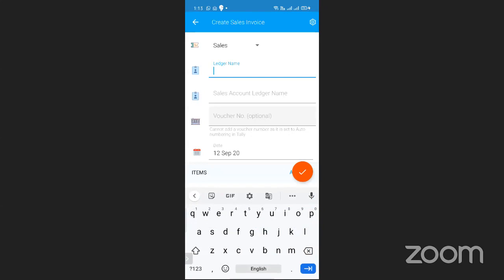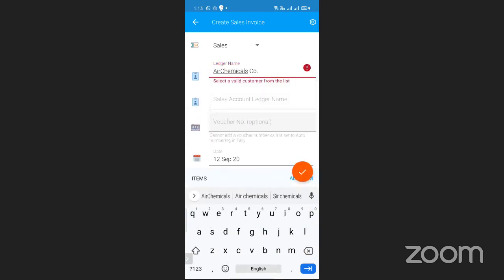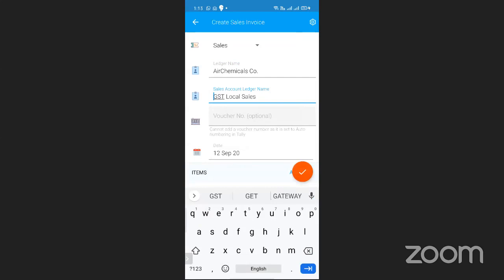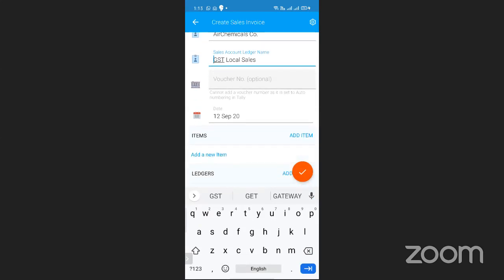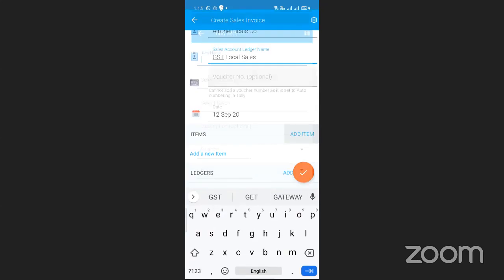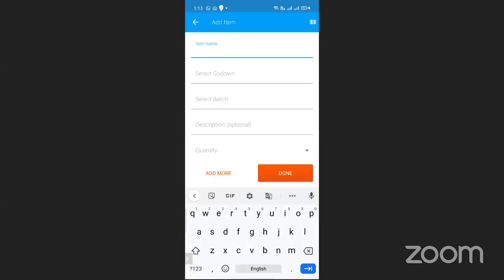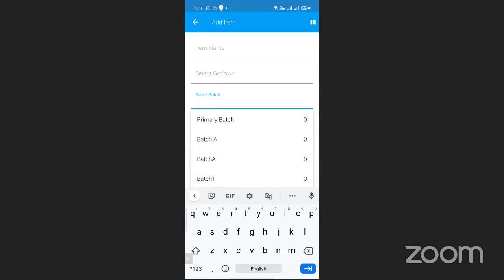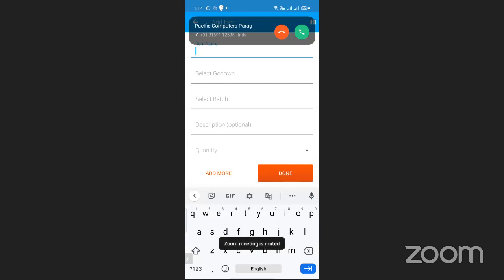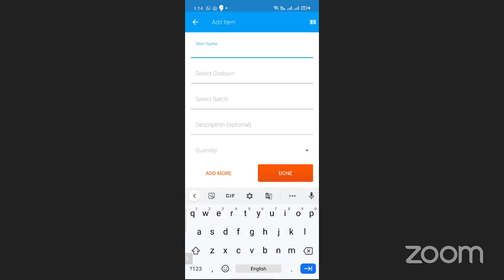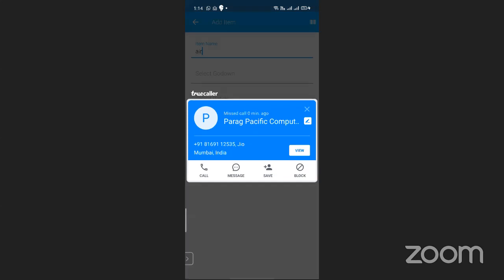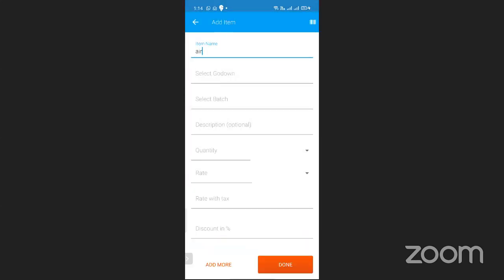Let's take an example. If I take Air Chemicals company name, and select local GST, local sales, and select an item, it shows me batch number also over here. Select batch, so I can select a batch as well. Sorry, not Air Chemicals company, I have to put the stock item name over here.